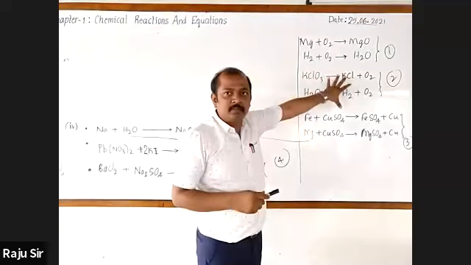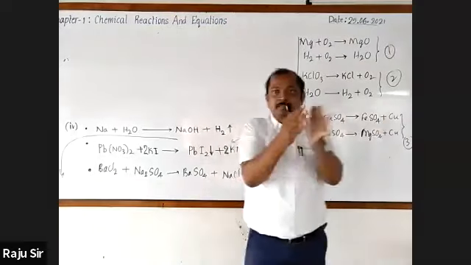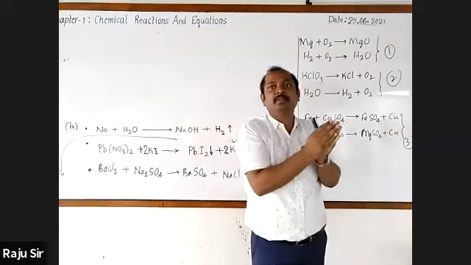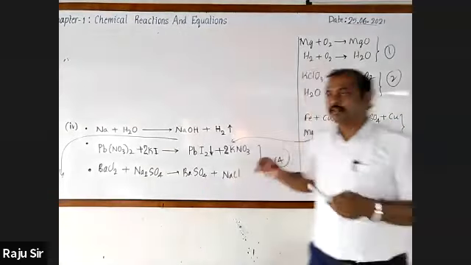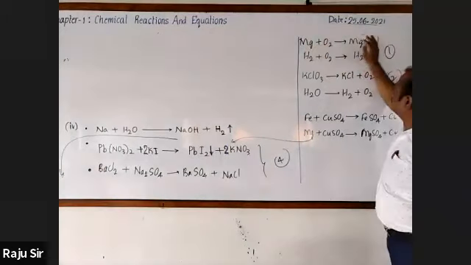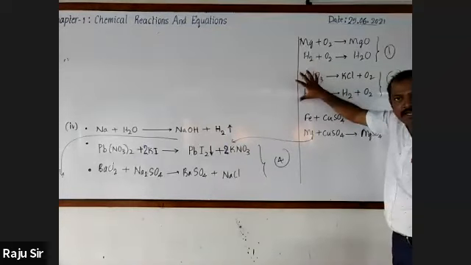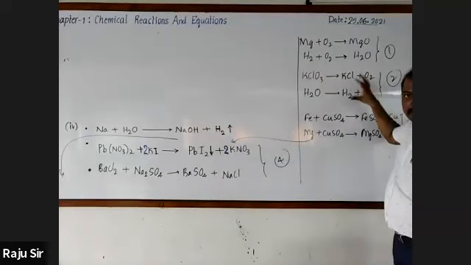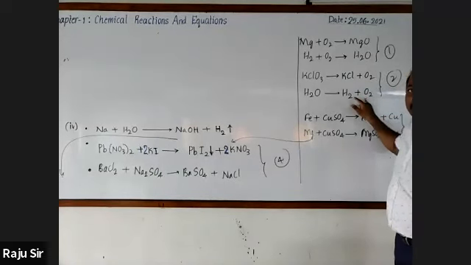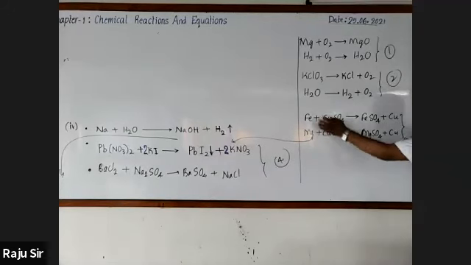And when you observe the product side, you can come to know that these reactants get split up into some other compounds. Here, in the first case, they have combined, they form a single product. In the second case, a single compound is there, and it gets split up into two or more. In the third case, two compounds rearrange.